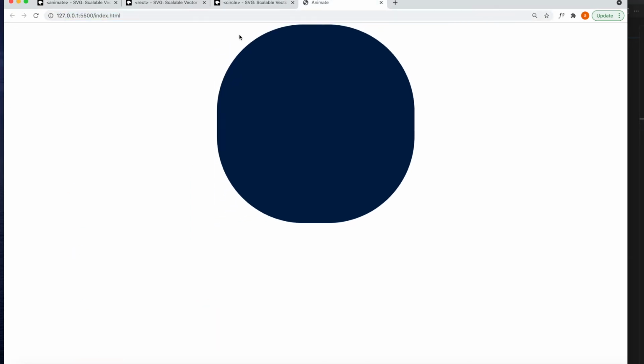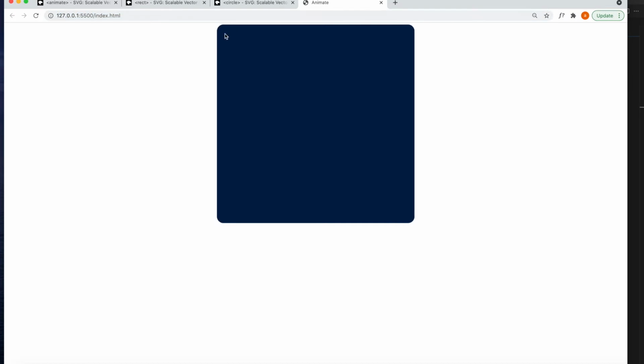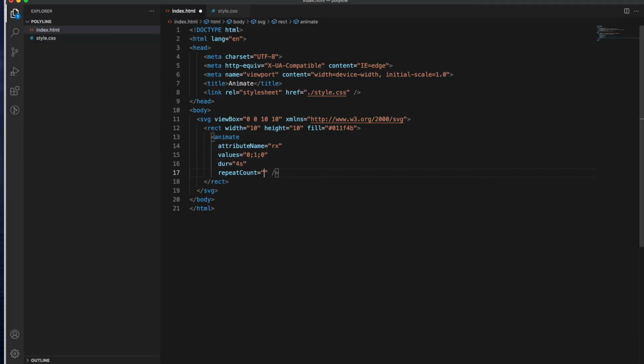You see that this animation is starting from 0 Rx to 5 Rx. This 5 is exactly half of this 10, right? If I make it a 1, you won't see the complete circle, but you will see the Rx, like the corners are getting rounded. So let me make it a 10 so that we see continuous change. Corners are getting a little sharper, again they start to sharpen, and likewise.